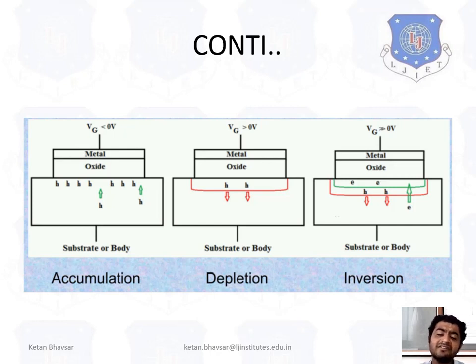So in each and every situation we have to go with these three regions, because surface inversion is the final result or final output, because first of all is accumulation, depletion, and then surface inversion. So we can easily identify this when we apply a voltage greater than the threshold voltage. It plays a main role for each and every upcoming topic. We always focus on the inversion layer mostly, and depletion in some situations.